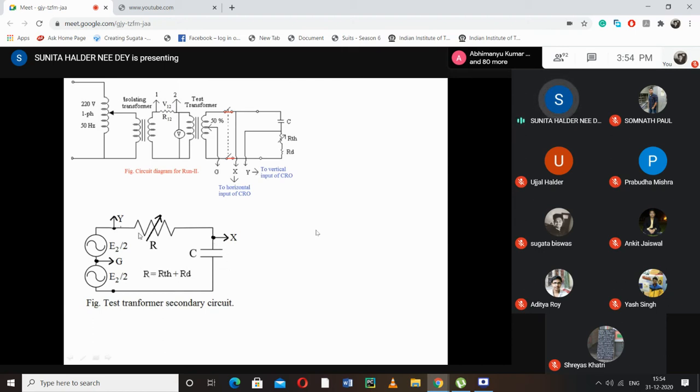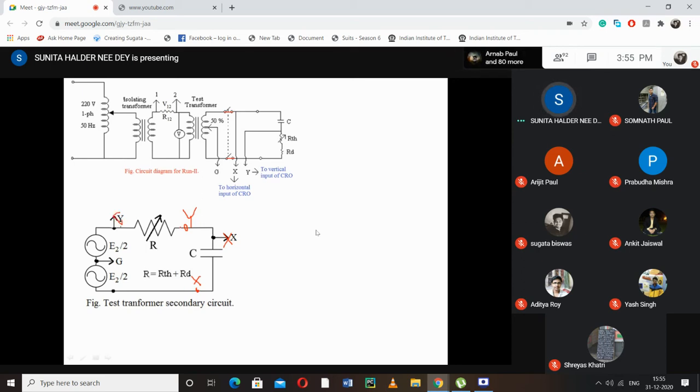So you see, if this is the circuit, then electrically we can draw the circuit in this way. Actually, this is a RC circuit. So in this RC circuit, the point between R and X, no, it is drawn wrong, I think. This will be X, okay? This will be X, and this will be Y, right? This point will be Y, right? I shall correct this one later.